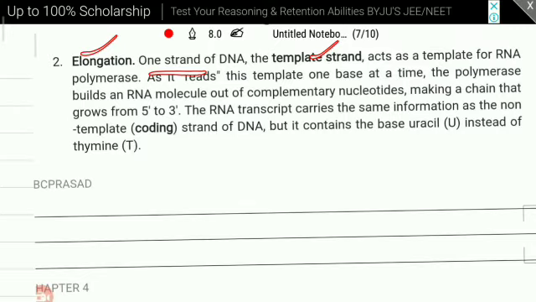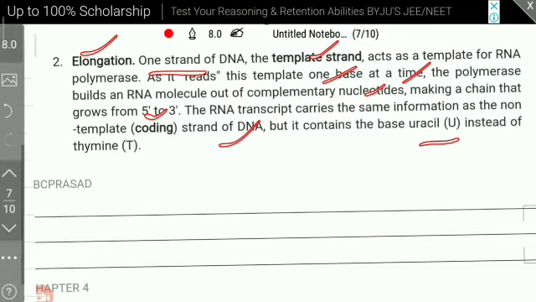This RNA polymerase reads this template strand one base at a time. I will explain how it reads and all that. The polymerase builds the RNA molecule out of complementary nucleotides, making a chain that grows 5' to 3'. The RNA transcript carries the same information as the non-template, coding strand of DNA. We will discuss that in the diagram. It contains the base uracil instead of